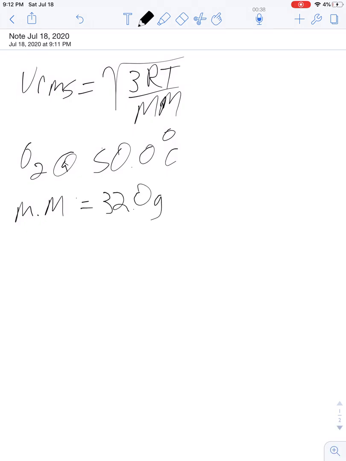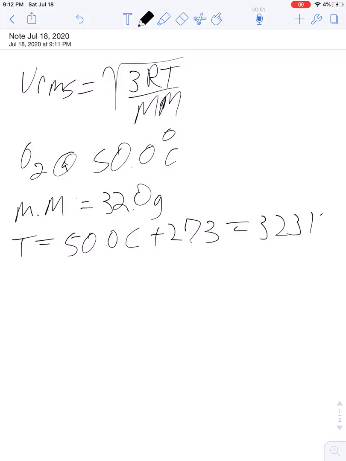Okay. So let's say the gas we have is oxygen gas at 50 degrees Celsius. So the molecular mass is 32 grams. The temperature must be in Kelvin, so we take 50 degrees Celsius plus 273, which is equal to 323 Kelvin, and the R value has to be the 8.31